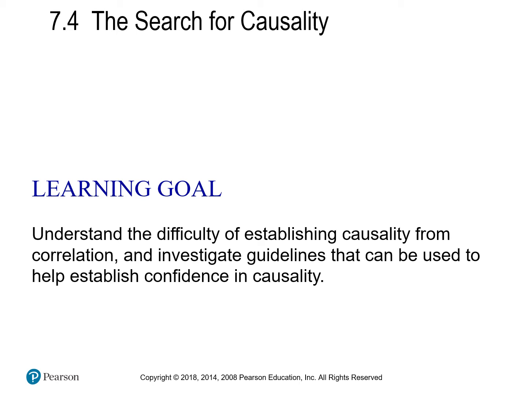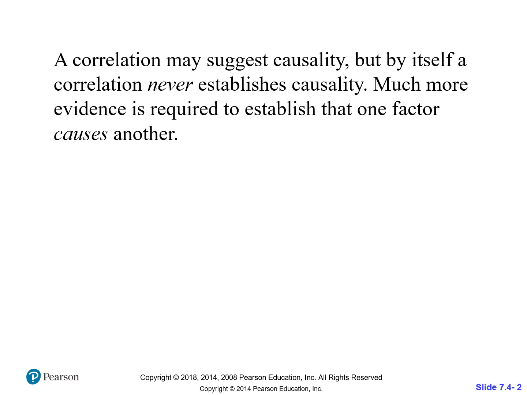We're probably never going to say, oh yes, I have 100% proven causality. We can get to the beyond reasonable doubt level, but we are probably going to say we are increasing in confidence in causality. So a correlation may suggest causality, but by itself, a correlation cannot alone ever establish causality. We have to have more evidence and we have to have more information before we can establish that one factor